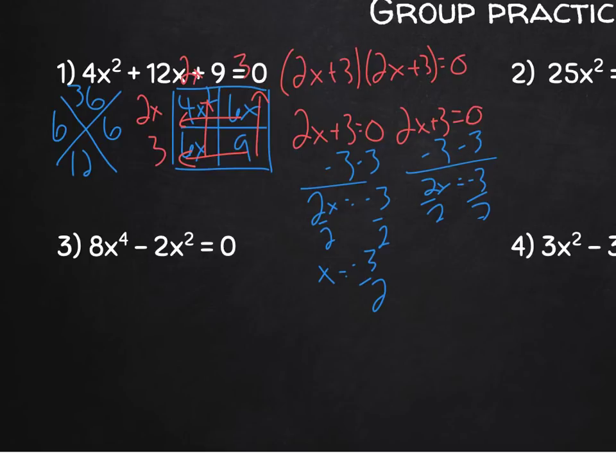Graphically, it does have some implications, but solving wise, you don't have to write x equals negative 3 halves and x equals negative 3 halves. You can just write it once. That is totally okay. Alright, let's look at the third one here,